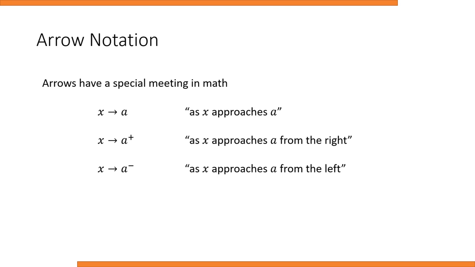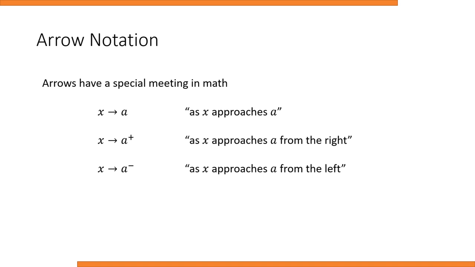Because arrows have very specific meanings in math, and we try and use them sparingly just for those reasons. One of the reasons we might use an arrow is for indicating when one variable or value is approaching another value. So here in this section, we're going to be looking at the behavior of rational functions as they go off to the sides, either up and down or to left or right. And so we're going to use language like seeing what happens as x approaches some number a, or maybe f